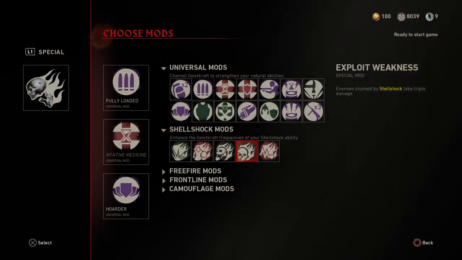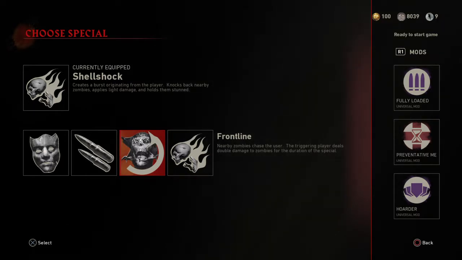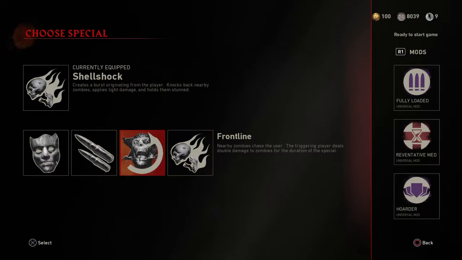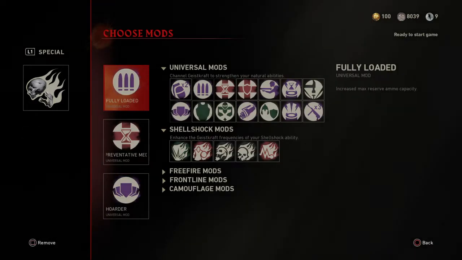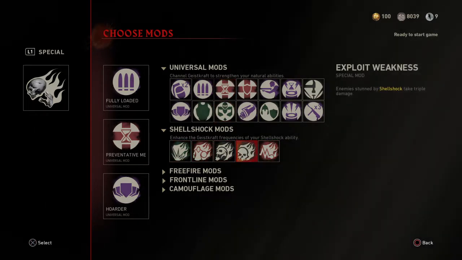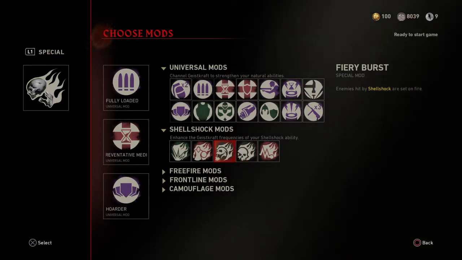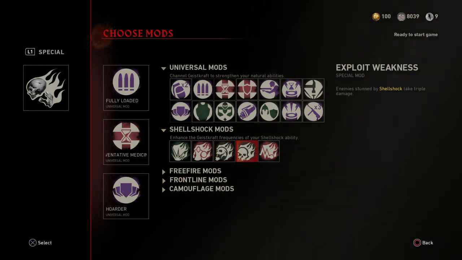You can also combine this triple damage with the frontline triple damage, where it gives the triple damage to its allies, and there you go, 6 times damage. And if you could add in headshots there, you'll probably be one-shotting normal zombies to the head up in the high rounds. So, decent perk, but if you're playing with the Fiery Burst, you probably don't need the triple